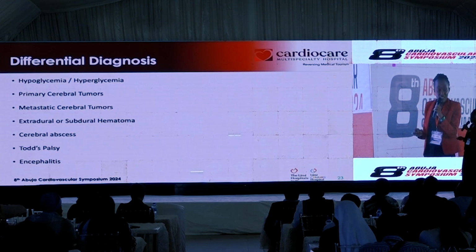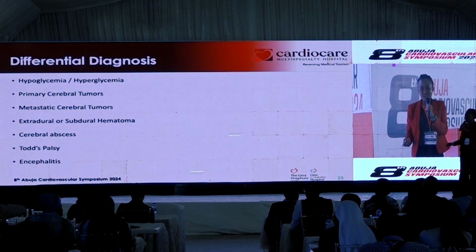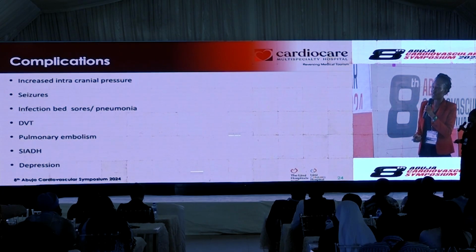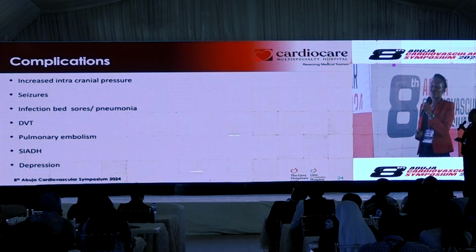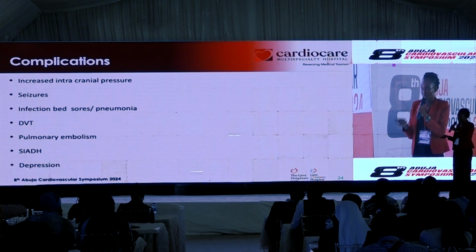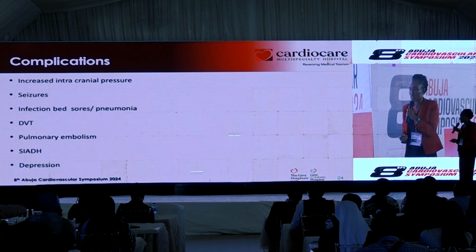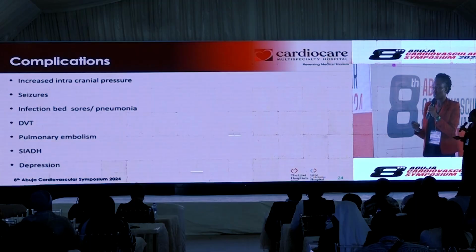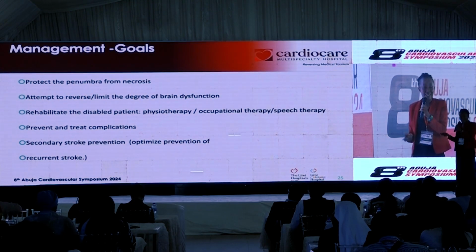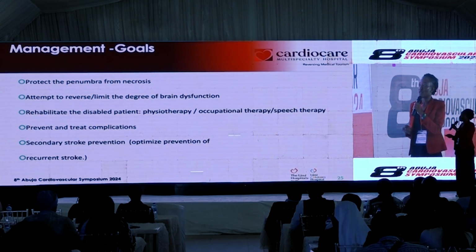Then cerebral abscess, Todd's palsy. If someone has been having seizures, for example, they can have sustained one-sided body weakness. And then encephalitis. So complications: increased intracranial pressure, seizures, infection, that's bed sores or pneumonia, DVT, pulmonary embolism, SIADH, and depression. All right, so our management goal is to protect the orange and the green area